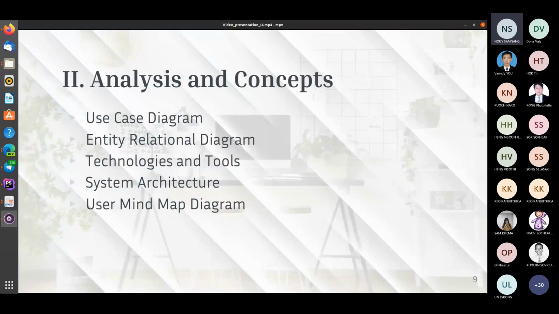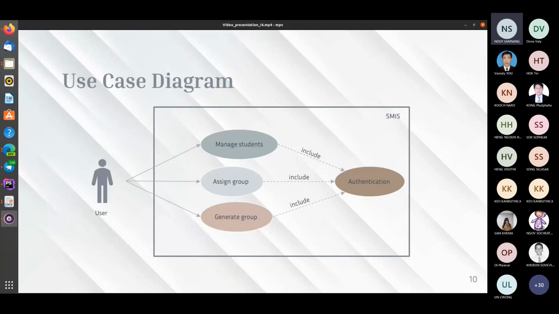Analysis and concept. There are 5 points in this section: use case diagram, entity relational diagram, technology and tools, system architectures, and user mind map diagram. Let's move to the use case diagram. This diagram shows that the user can manage students, assign groups, and generate groups, which include authentication of the system. Next,